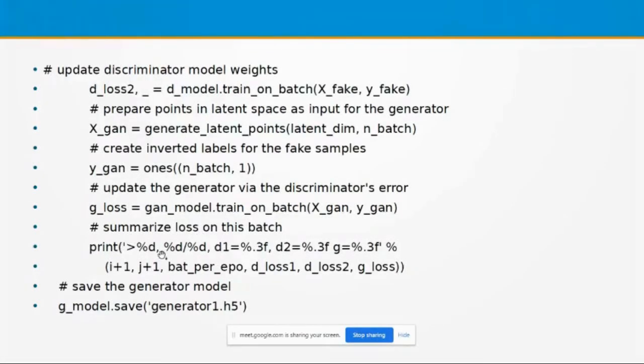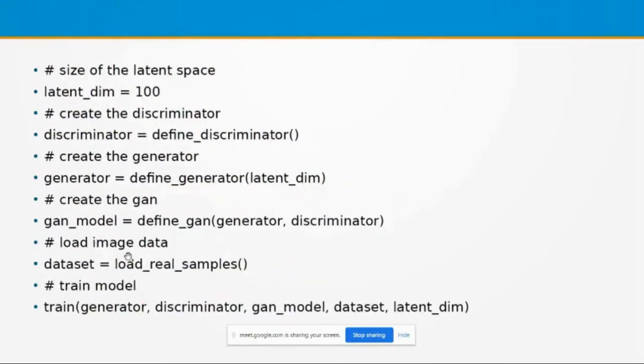To understand the progress of that development process, we can print the losses and so on, and after that we can save the model with the name generator1.h5. After completing the epochs and both for loops, our GAN model comes up as an efficient model for generating images, and this is the main program.